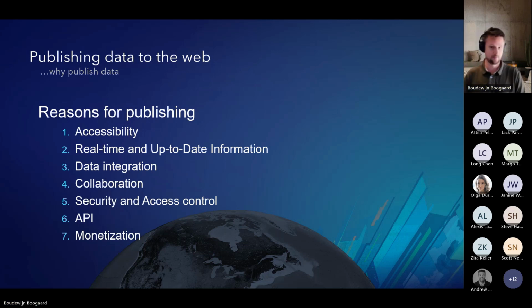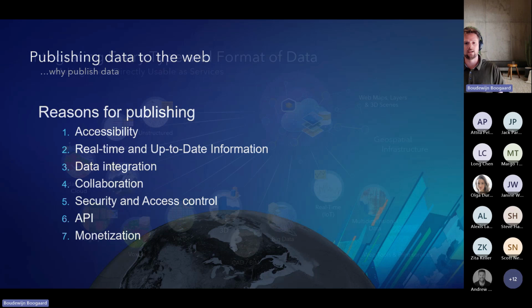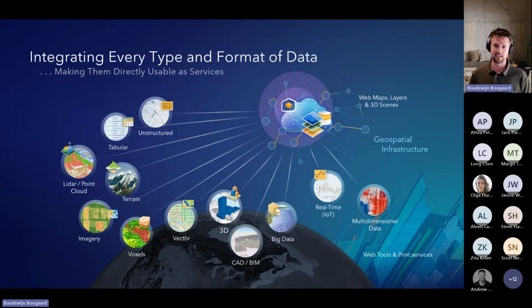And if we then look at the types of services that we can publish, there's quite a few. So ArcGIS supports a wide range of data formats, from unstructured data, LiDAR point clouds, vector data, 3D, even CAD and BIM data, but also your imagery and your multidimensional data, whether that's multidimensional vector or imagery data, and of course real-time and IoT.